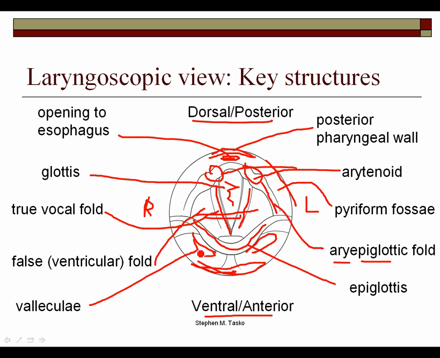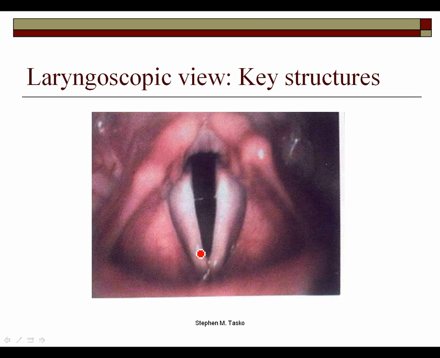So if we look on an actual image, which looks something like this, we can see now this is the true fold, glottis, false folds or ventricular folds, false folds. There's the arytenoid there, and here. This is the epiglottis down here. This is the aryepiglottic fold,